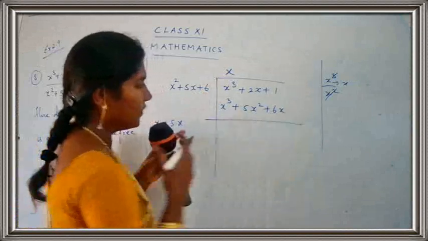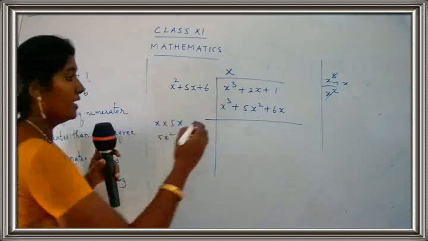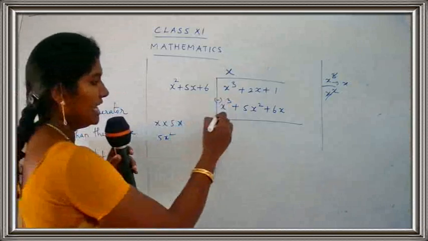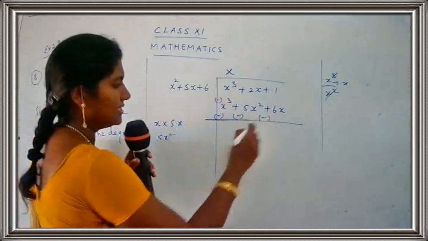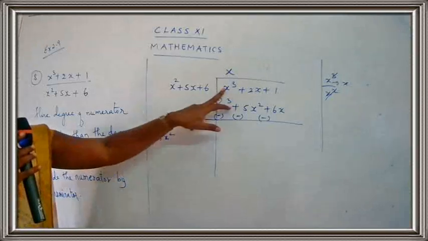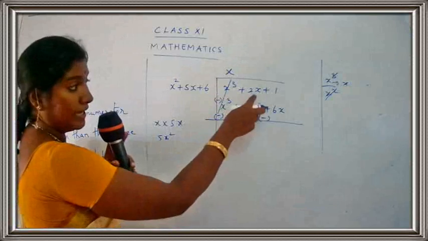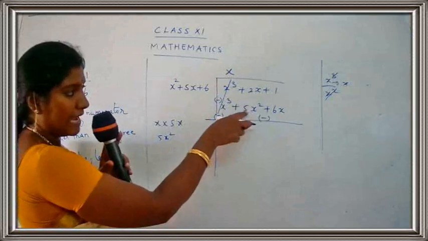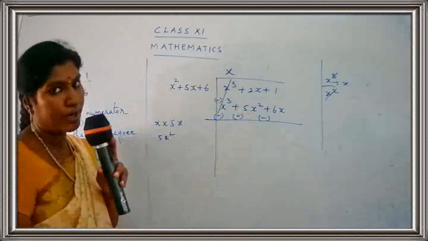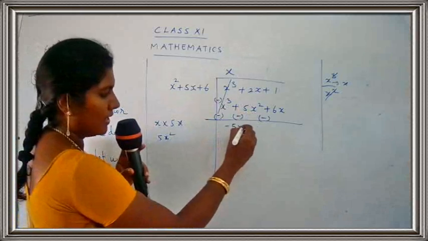Okay. So now what we are going to do is subtract it. Once you do subtraction, you know what the procedure is. You have to change the sign of the second part. So x cube minus x cube gets cancelled. Now this is 2x, I just cannot do anything over here. The 5x square term is the only x square term, so you have to take it as it is along with the sign. What is the sign? Minus 5x square.